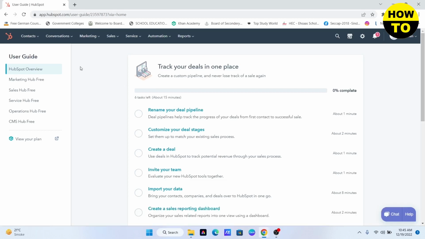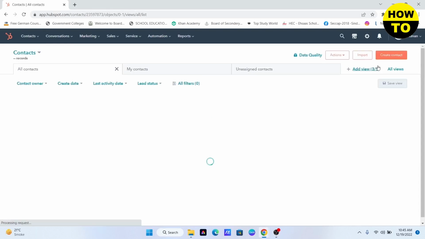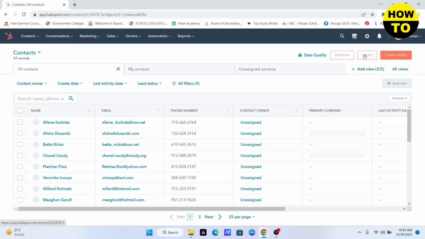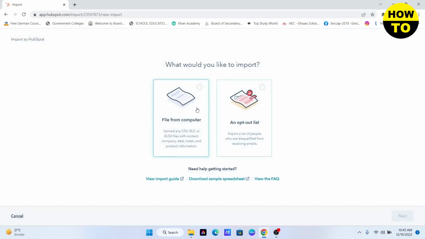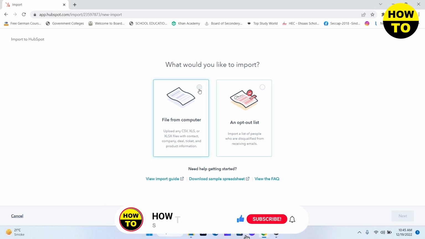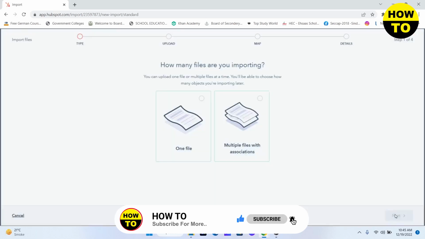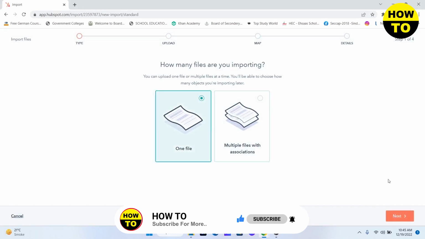So first you need to import your contacts. For that you need to click on contacts, and then you need to click on import. Here you need to click start and import, and you need to import your contacts from your spreadsheet. So click on file from computer, click next. I have one file,